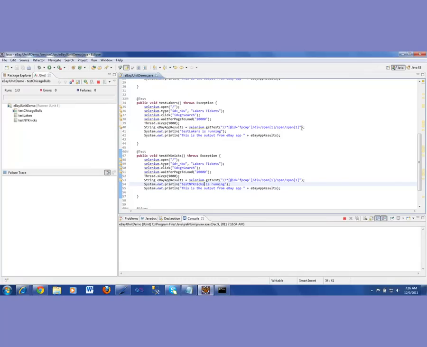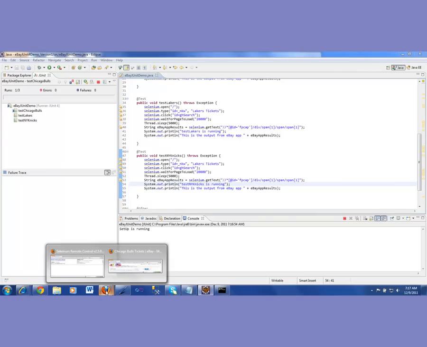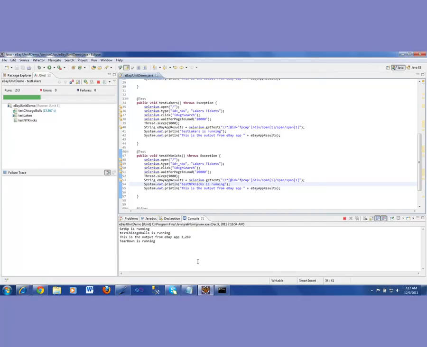Here we go. So we got 3 tests going on. The browser setup is running right now. Right, here is my browser. It opens, and so setup is running. It closes that. Chicago Bulls is running, and it returned 3,269. Very good. Teardown ran. Now setup is running again, and this time we are running which test? It is going to go and do